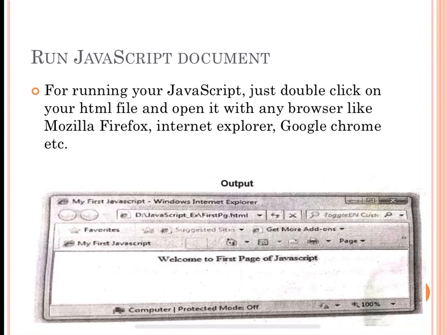So the output of our code is "Welcome to first page of JavaScript". That is, whatever text we had written in the document.write method, we will get it over here. You can use any browser, it can be Mozilla Firefox, Internet Explorer, Google Chrome, etc. So this is how you open your output.